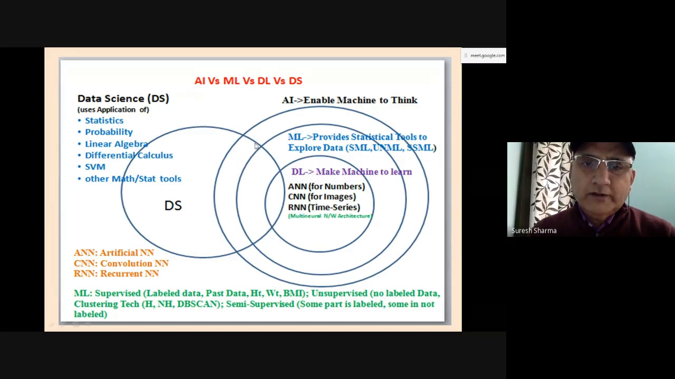So it covers some part of artificial intelligence, some part of machine learning, some part of deep learning. Along with that, you also have to go through techniques of statistics, probability, linear algebra, differential calculus, or other mathematics and statistical tools, right? So all these techniques are required for deep learning. So to be a data scientist,